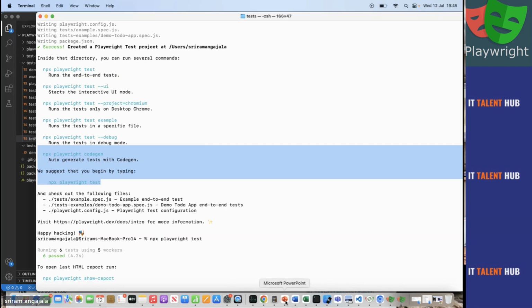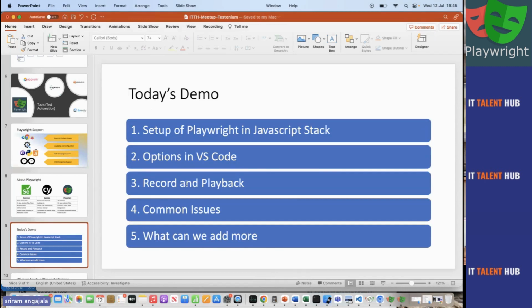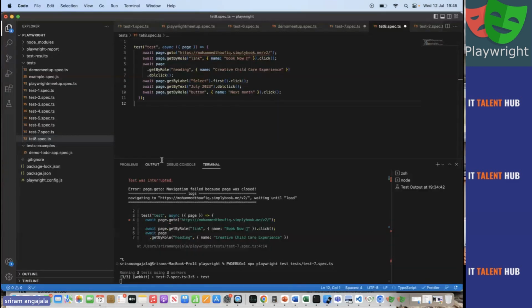So coming back to my original thing: record and playback and the common issues. I had shown you the record and playback. The issues that we get: you might have seen the two important things I missed. I haven't kept any waits and I haven't kept any assertions. So the issues will come when you keep an assertion.